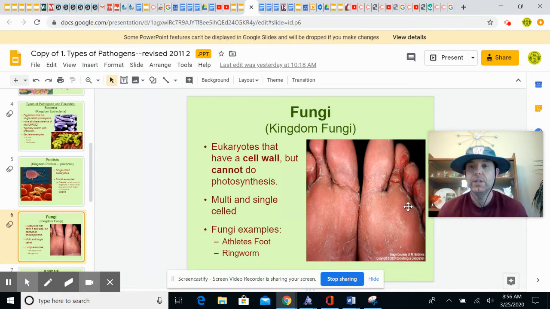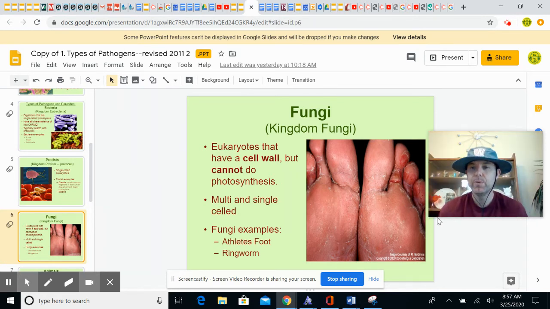So remember, kids, when you go out into your yard, do not walk around eating random mushrooms. Those are fungus. Don't want to do that. They can make you sick or kill you. But that's only one type of fungus. There's another kind of fungus that might live in your skin, and it actually embeds itself in your skin and it eats your skin cells. That's what's going on right here.